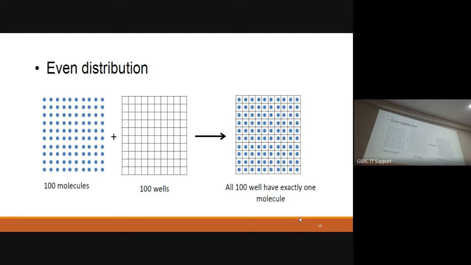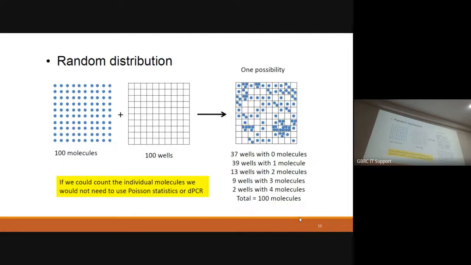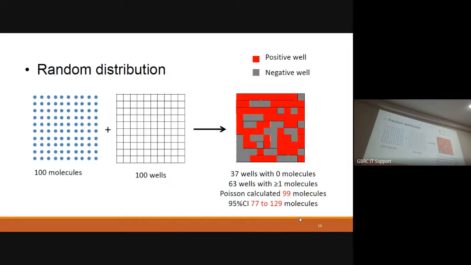So the basic principle behind digital PCR is that it works with random distribution. Suppose if you have an even distribution, I have 100 molecules and this is 100 wells. All 100 wells will have 1 copy. And this is a random distribution. In random distribution, there might be a chance that some wells will have no copies, some wells will have 1 copy, or more than this. So digital PCR works based on the random distribution. That's why, to calculate the exact copies from the random distribution, they work with Poisson-based statistics.